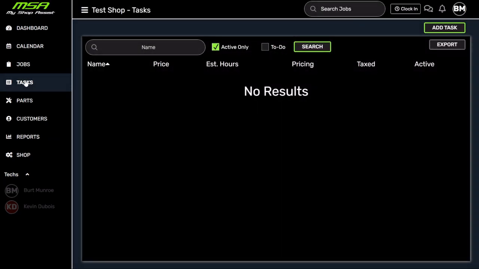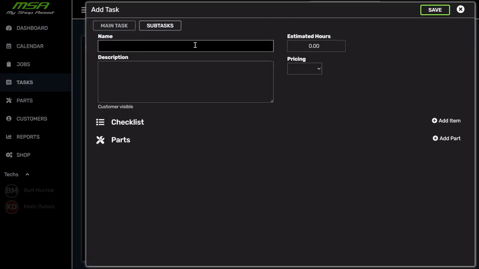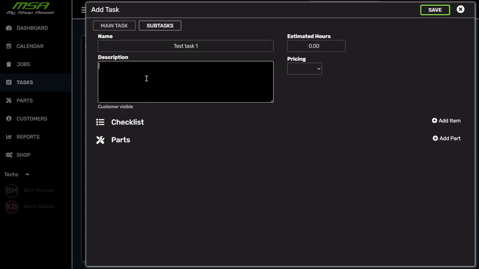I clicked on tasks on the left-hand navigation bar and I clicked add task. This is actually the slower way to add tasks. You can add them on the fly inside of a job. But I'm just going to build a couple of them just to show you how this works. So this is going to just be test task 1, and the description will be